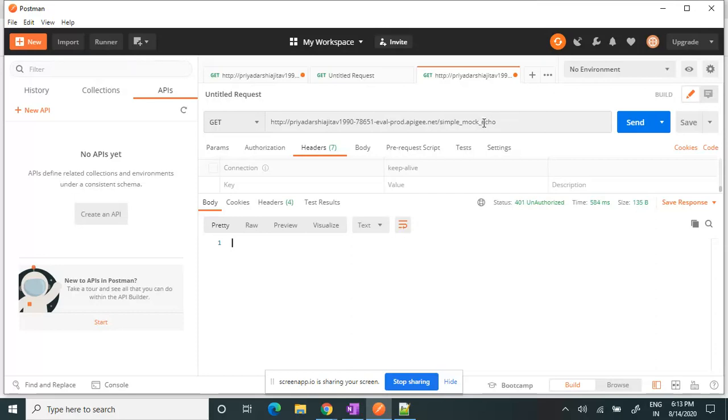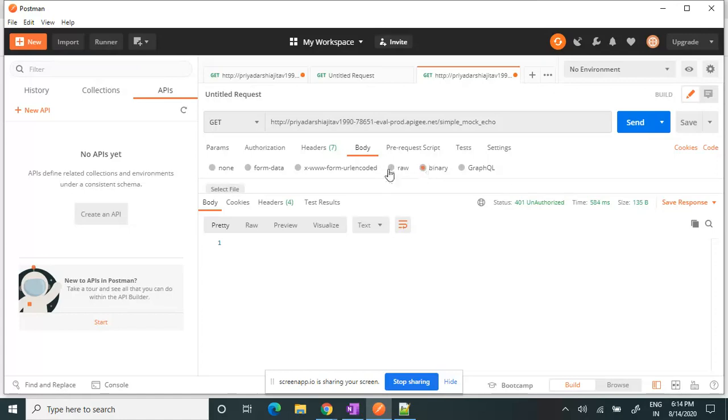You can send the credentials in the query param, which will be appended to the API URL only. Otherwise, you can use the headers. You can send the authorization through a header, or you can send it through the body. There are multiple formats for sending the body in Postman, like form-data, URL encoded, and raw.